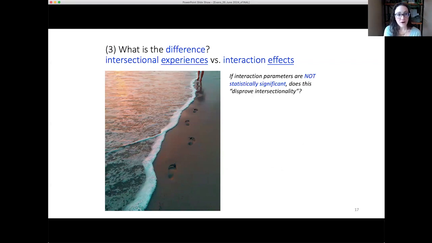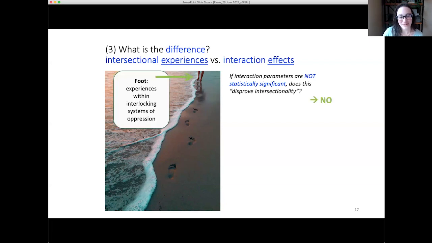Hey, I fit an interaction model, and this could be the fixed effects approach or MAIHDA, right? Doesn't really matter. I fit a model attempting to get at intersectional inequalities, and I found my interaction effects are nothing. They aren't statistically significant. Did I just disprove intersectionality theory? Can I publish in a top journal and be like, woohoo? No, no, that is not what that means.